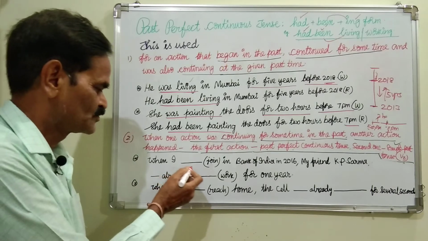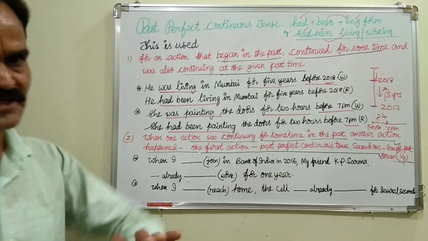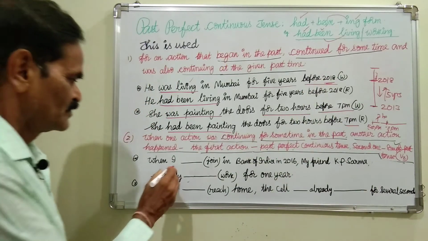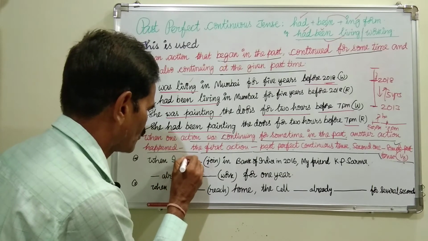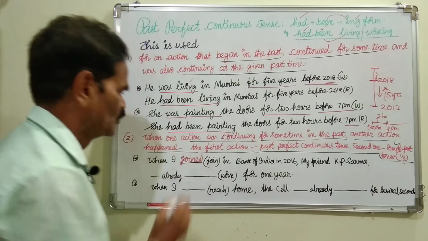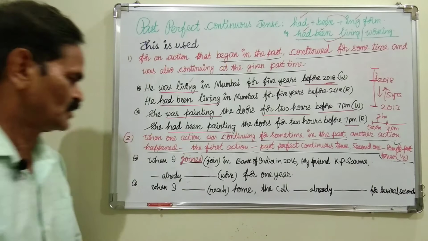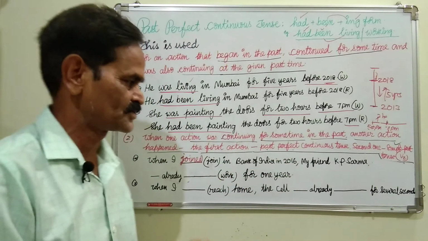So when I joined, this action was that KP Sharma working, that action was actually going on. Then this action happened. So it must be in simple past tense, join, joined. It must be V2 only. When I joined in Bank of India in 2016,